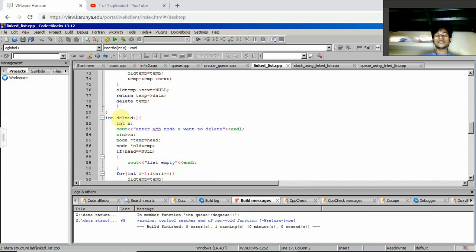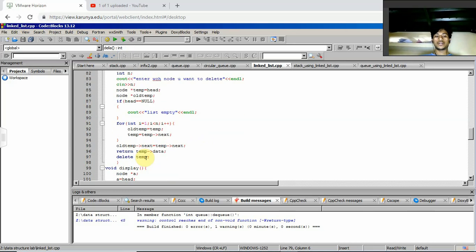Then we should use another function delete at middle, then int n is a variable, and we should print enter which node we want to delete, then node temp is equal to head, and node old temp. If head is equal to null, then we should print the list is empty, then we should use a for loop, and old temp is equal to temp, and temp is equal to temp next, and old temp next is equal to temp next. Then we should return temp data and delete the temporary node,